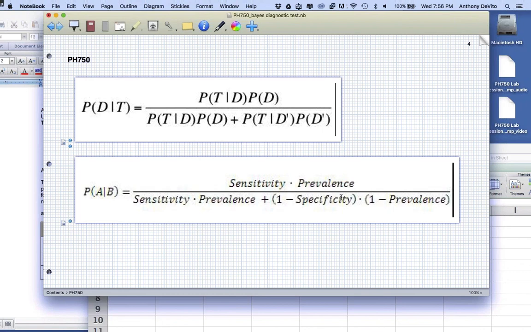So instead of 90% being right, it's wrong 10% of the time, or 1 minus the specificity. So what proportion of this population is a false positive? It's 1 minus 90%, which is 10%, times 1 minus the prevalence in the population,